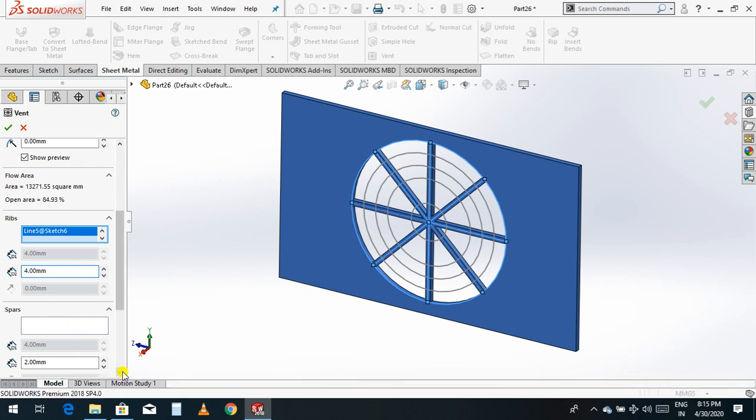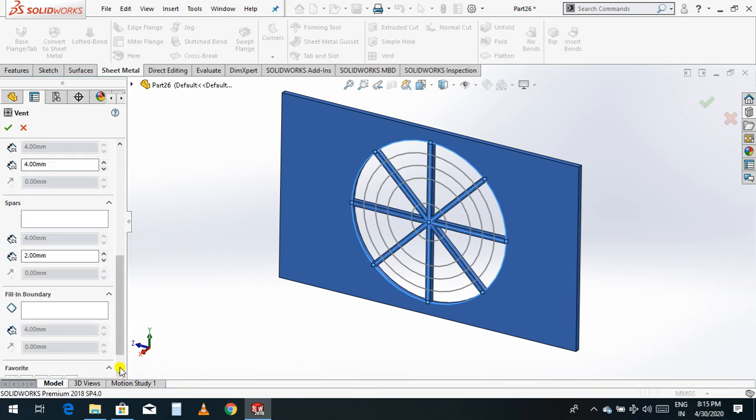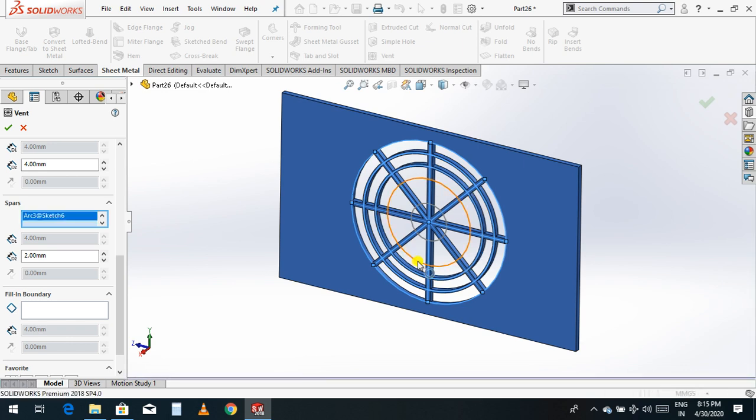Okay, now just go down, and the spars are here. So this circle is called a spar. Just click the circle, this circle, this circle, so the diameter is also given.